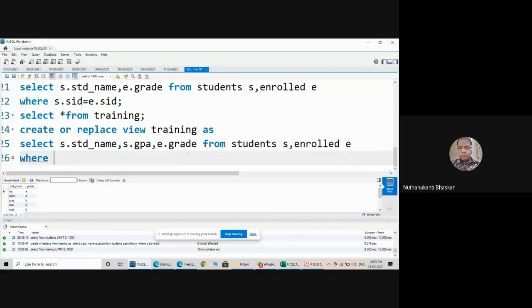Write directly GPA, s.GPA greater than 2.4,